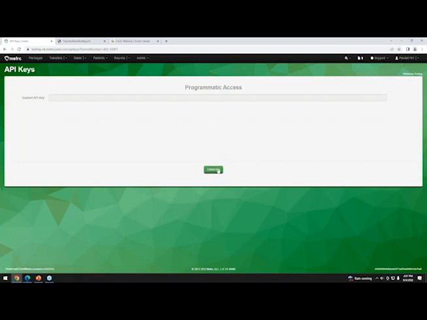Just to be clear, these API keys are tied to individuals. They're not tied to businesses. So if you have multiple budtenders in there, you're going to need to make sure you generate API keys for all of them and then pass that to your integrator so that they can tie those API keys to their logins in your third-party system. Otherwise, it'll look like one person's making all the sales. If you click generate the API key, you'll get the API key right there. And if you do run into any issues with the integrator and you want to cut that access off at any point, all you need to do is generate a new API key and they would lose access.